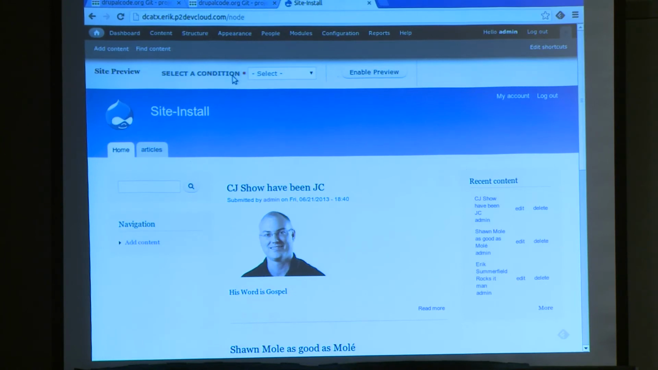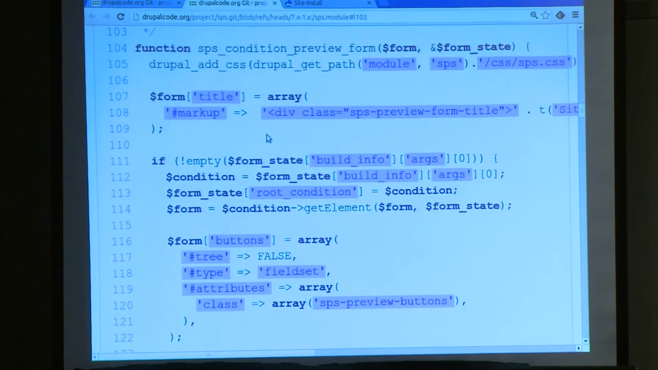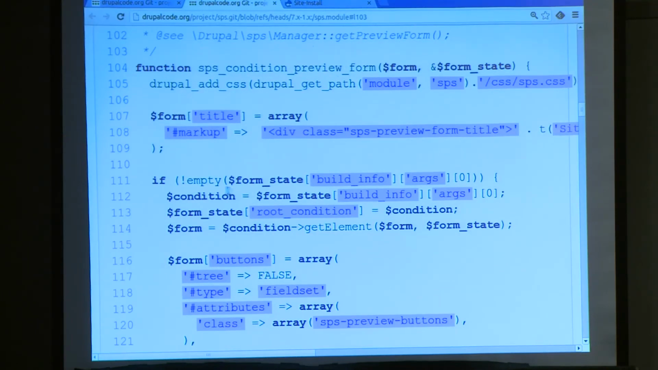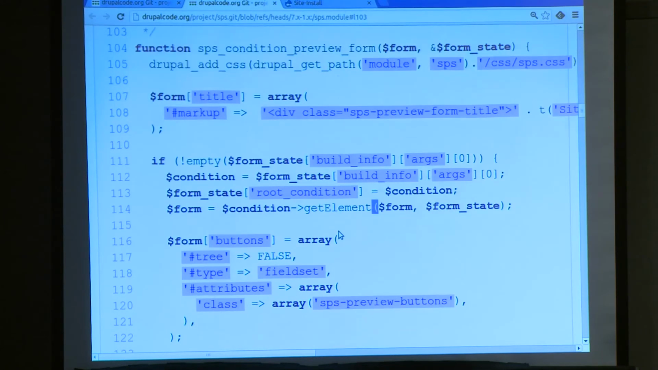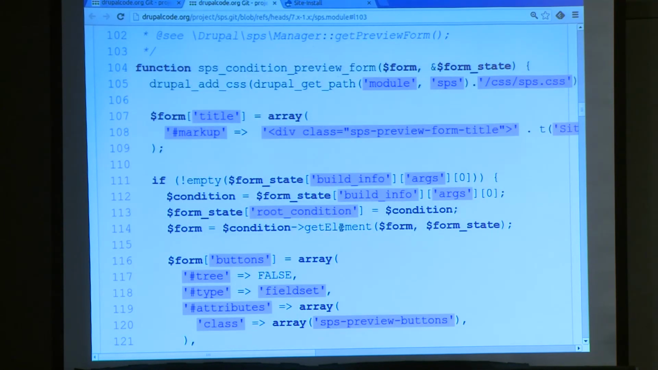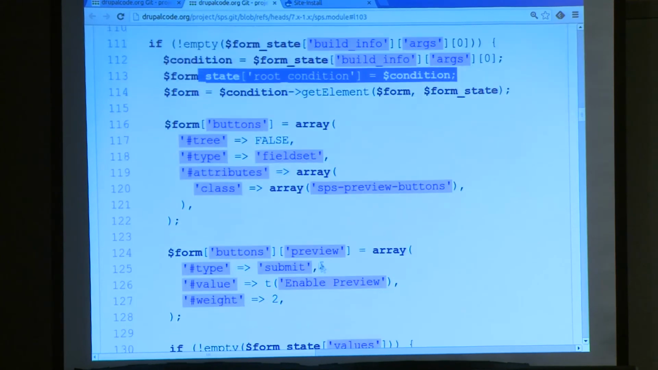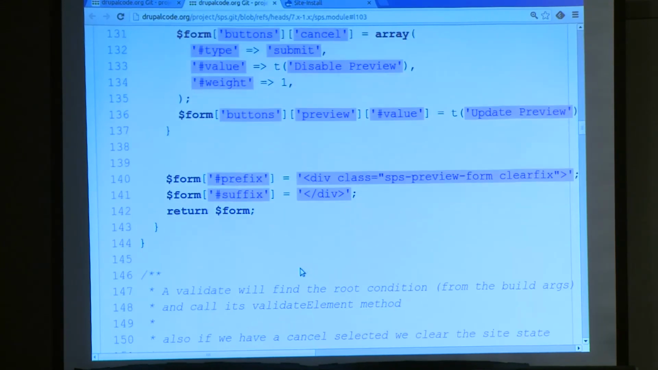This piece right here in the middle is where we do fun stuff, where we actually grab that object. We fill the build info. We grab our condition, and we ask our condition to get us our form stuff. And the other thing we do is that we store our element in the form state. Where do we do that? Right here. Which means that when we go to validate, which happens down here,